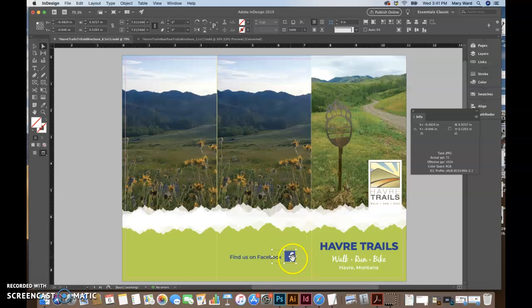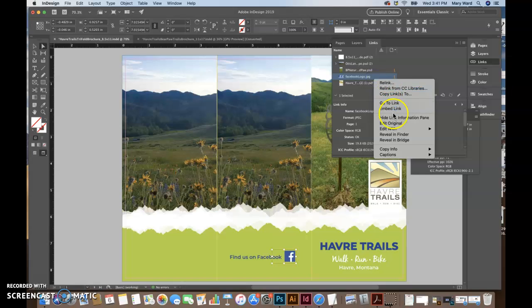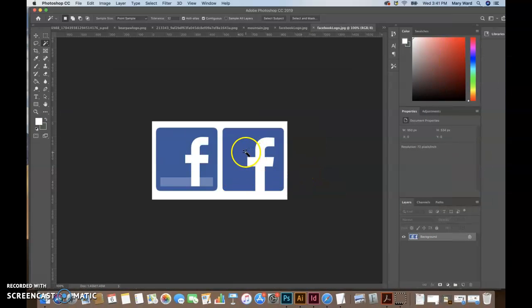This one is actually really low because I pulled it off the web, but I'm using it at such a small size that the effective PPI is around 1,000. And the color space is still in RGB, so I have a problem there. If I want to fix that, I can easily click on that, find it in my links panel, do a control click, edit with Adobe Photoshop, open it up in Photoshop, and